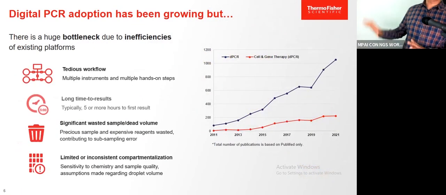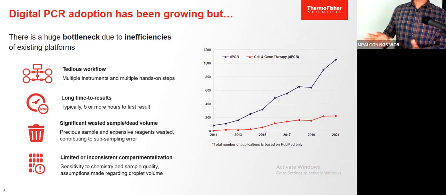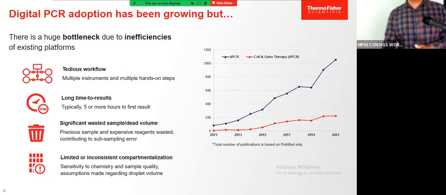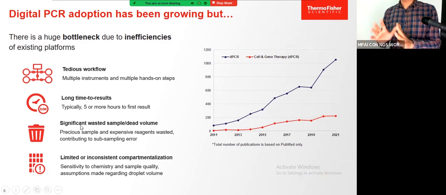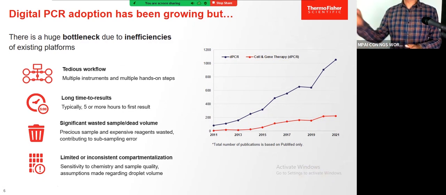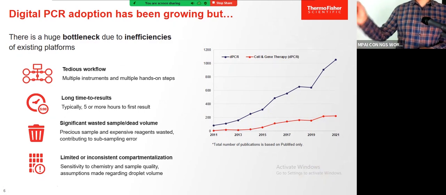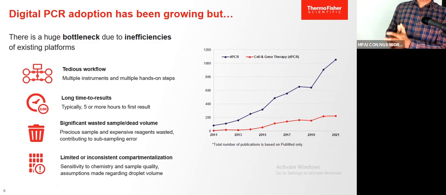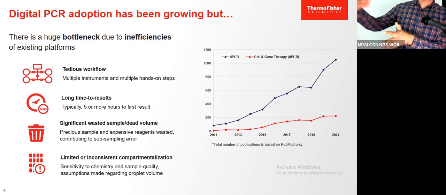It doesn't mean this is a new technology; it's been there. However, the existing platforms have some inefficiencies. Number one, they have multiple instruments, so multiple hands-on steps, which makes for a tedious workflow. The time to result is long, hours, because of the multiple instruments. The most important point is dead volume. I will talk about this later, but there is wastage of reagents. And the last is inconsistent compartmentalization. If we go by the guidelines, you need 20,000 wild-type molecules when you want to report 0.1%